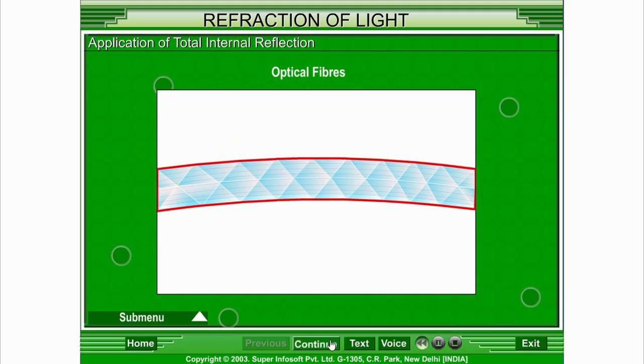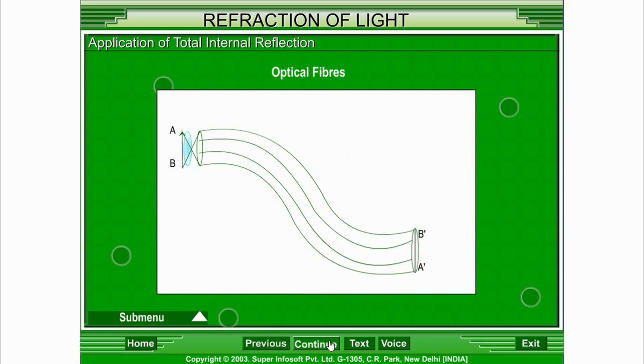Optical fibers. Optical fibers are used to conduct light from one place to the other along curved path in a more effective fashion. The optical fiber consists of several thousands of strands of a very fine quality glass or quartz of refractive index of